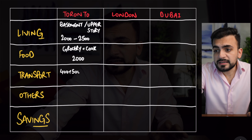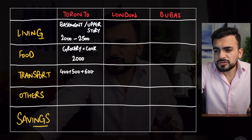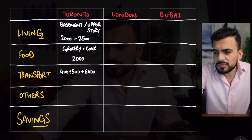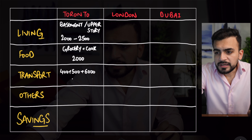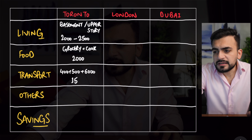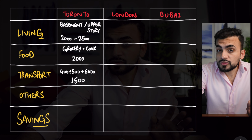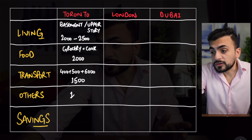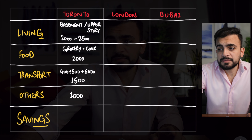So, to give you an idea, let's assume that you get a mid-tier Honda Civic. It should cost you around $400 a month. Add another, let's say, $500 for the fuel, insurance and maintenance added. Let's assume that your total monthly transport expense will be $1,500. Now, good thing, public schools are free here, so your kids can go to school at a minimal or no cost. Adding other expenses, give or take a bit, your monthly expense while living in Toronto will be around 7,000